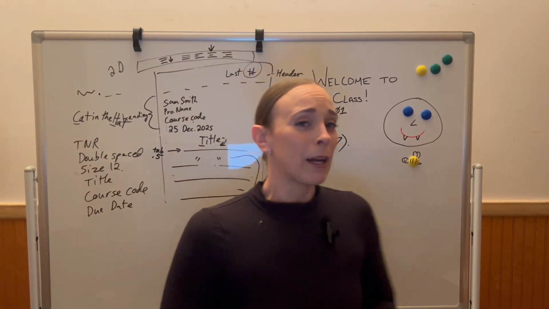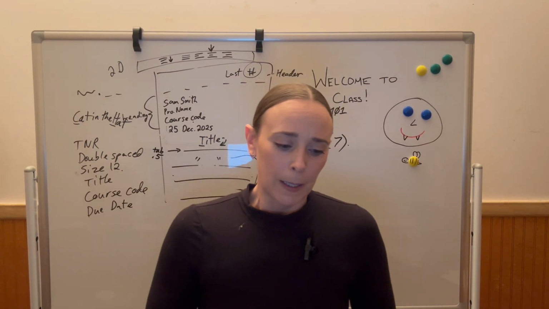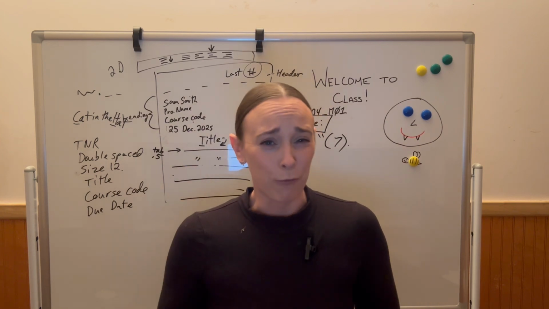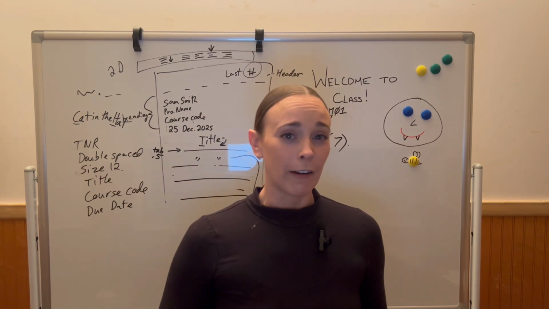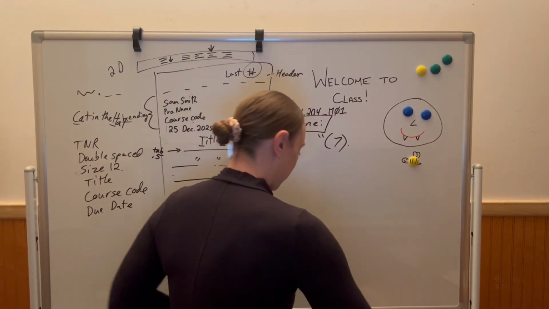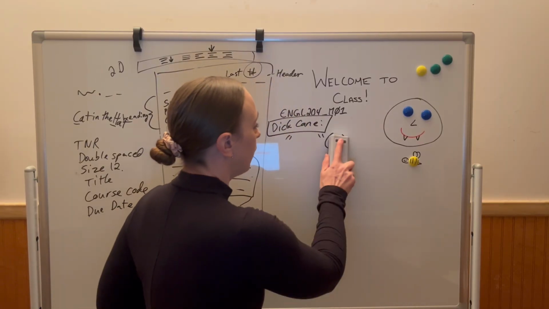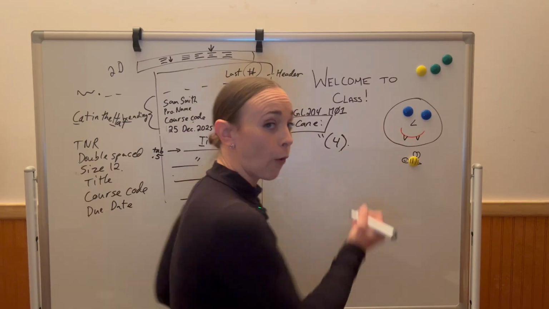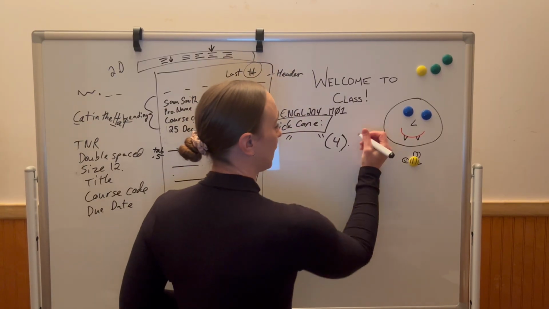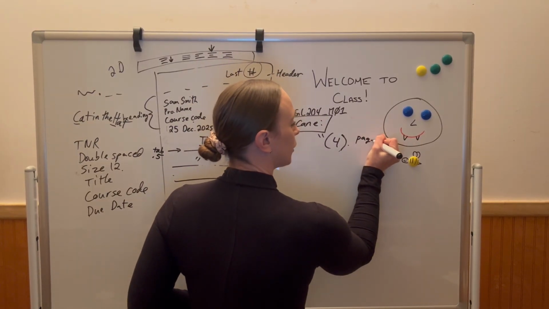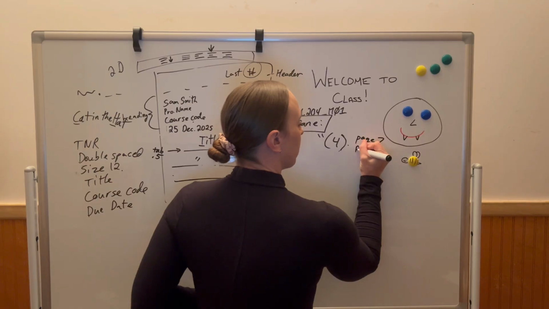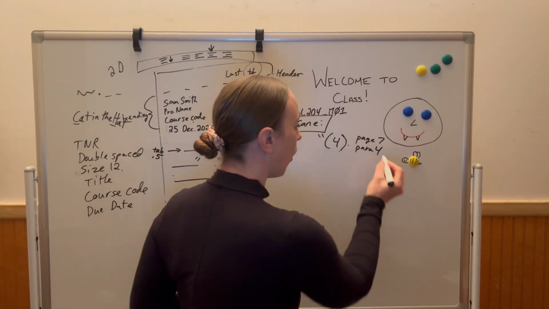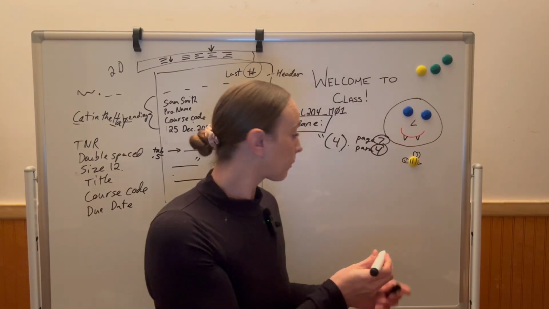You would only use the paragraph numbers if it's super short. Like if it's only a one-page blog and that only has like 4 paragraphs, you might just do paragraph number, in which case you would just write, let's say it's paragraph 4, you would only have 4. A lot of times I have seen people write page 7 or para 4. You don't need to do that. All you need is the number. All right.